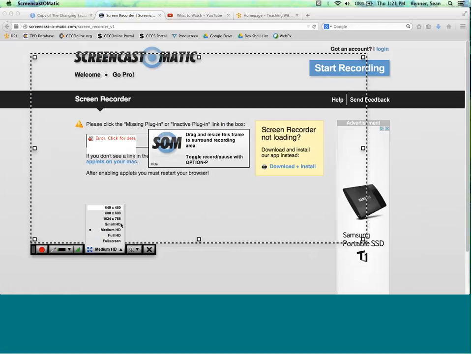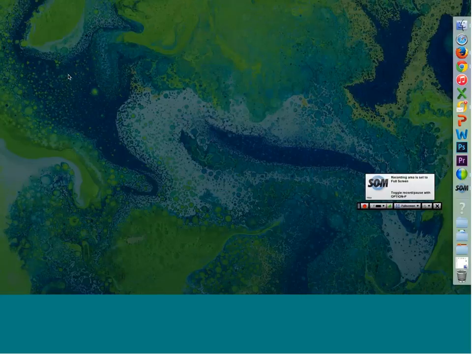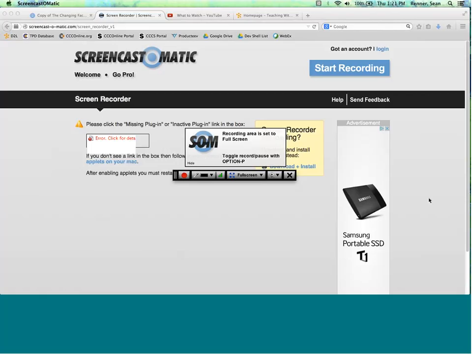And really the important thing to think about is if I'm going to go full screen, for instance, it's going to capture everything that happens on my screen. But how big is my screen compared to the screens that other students are using? Our finished video recording is going to have the exact same dimensions as my computer screen's dimensions.